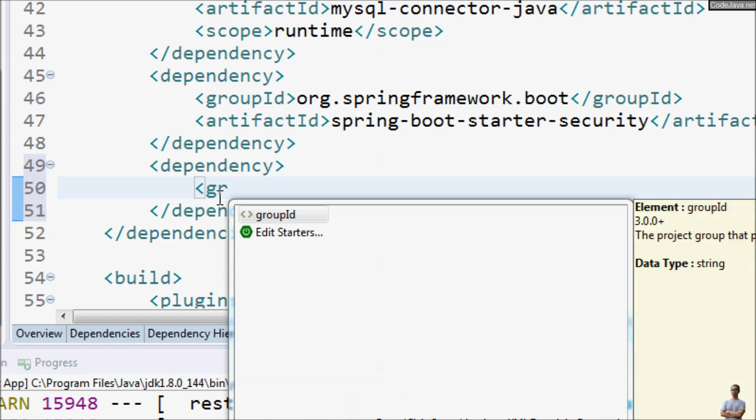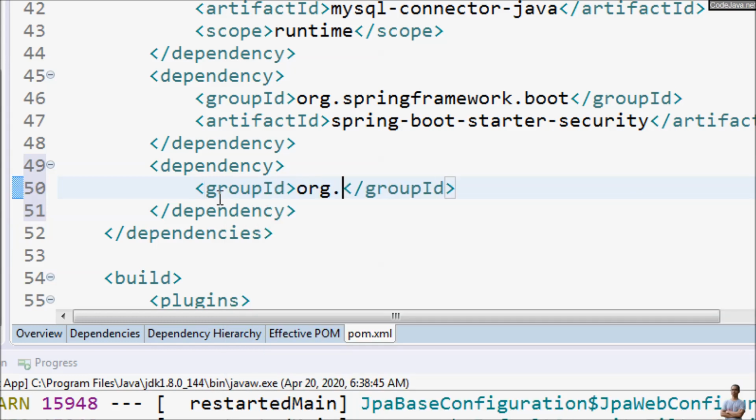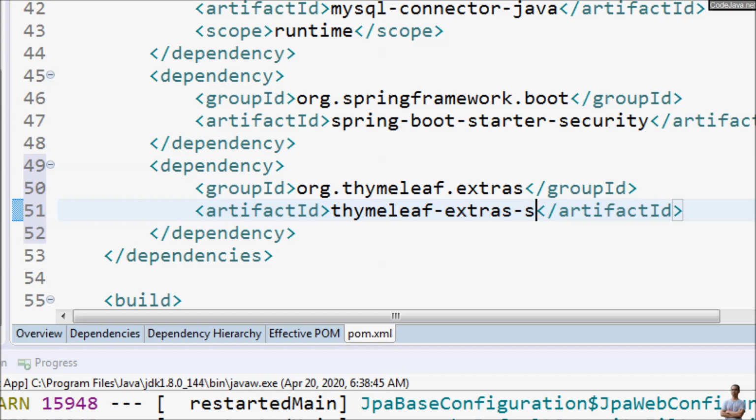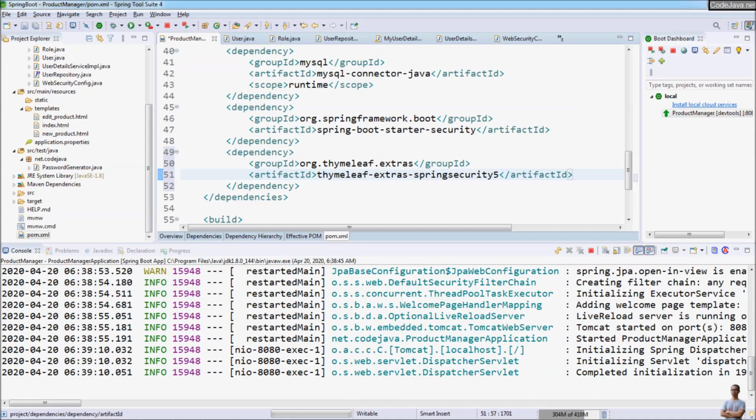The group ID is org.thymeleaf.extras, and the artifact ID is thymeleaf-extras-springsecurity5. Save the change,